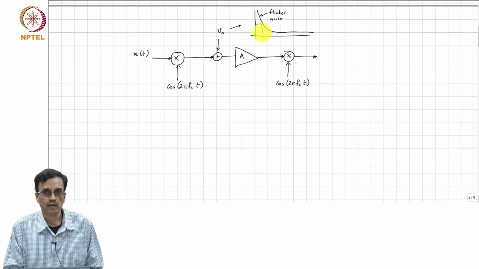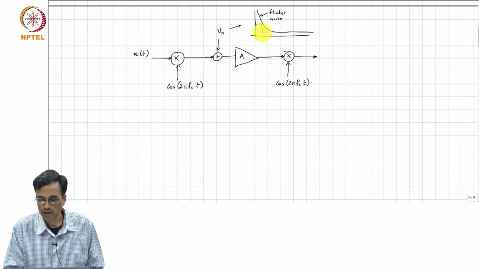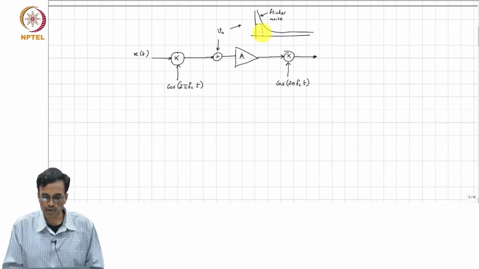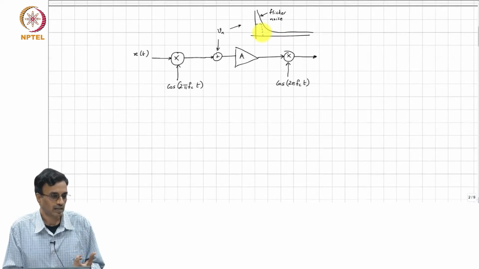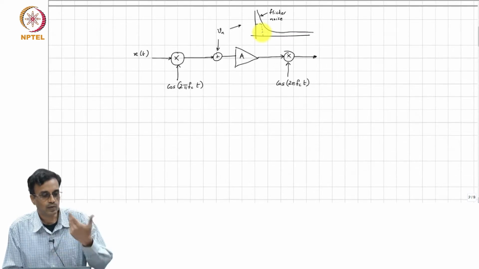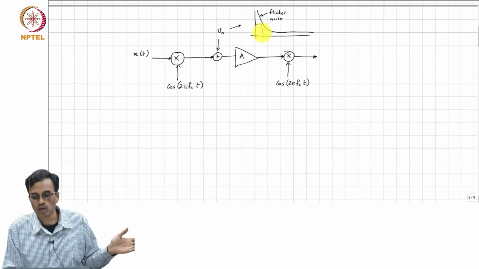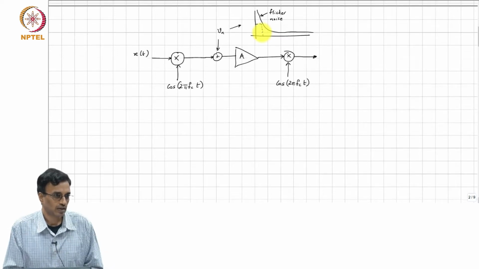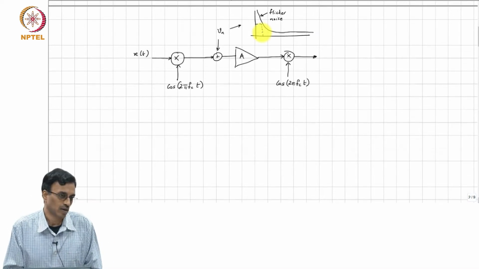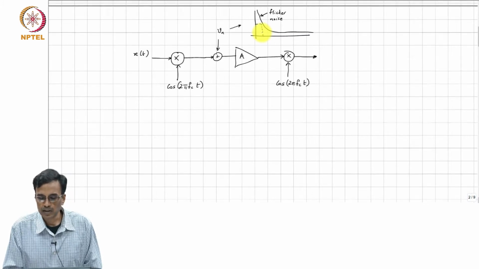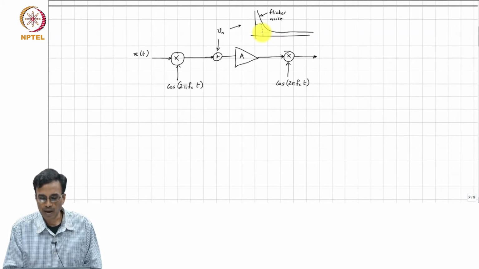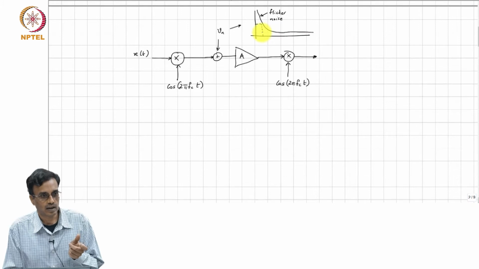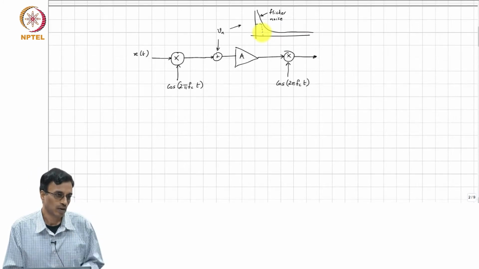A way to address this is to modulate the input signal to a high frequency, which we call fc, or the chopping frequency, and process or amplify the signal at that frequency. This frequency must be chosen clearly so that at fc and in the neighborhood of fc, the amplifier's noise must be just thermal noise. Then once you amplify it, the output is amplified, but still around fc, and then you again multiply it by cosine at fc, so that it comes back to baseband.